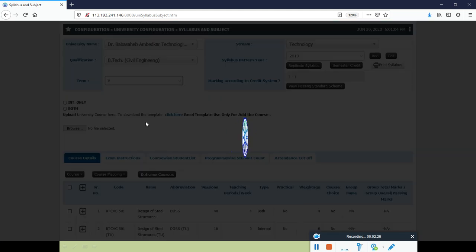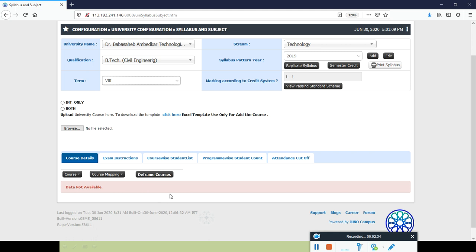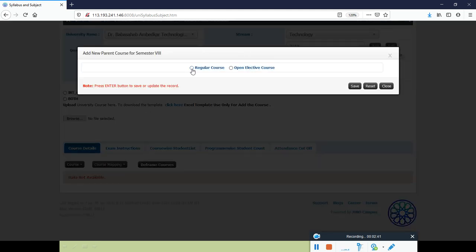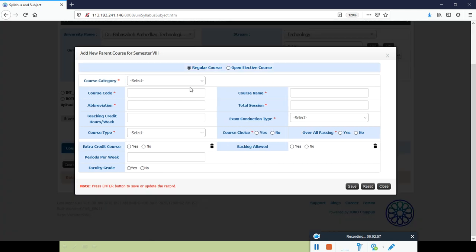If that appropriate semester is not appearing, it will look something like this. If you want to add a new course, just go to course and add a new course. Here the course nomenclature is equivalent to the subject. Now it's time to add a subject or a particular course, whether it is a regular course or an open elective course. Select the course, and give what category of course it is, whether it is project, elective or core course, and give the name, let's say